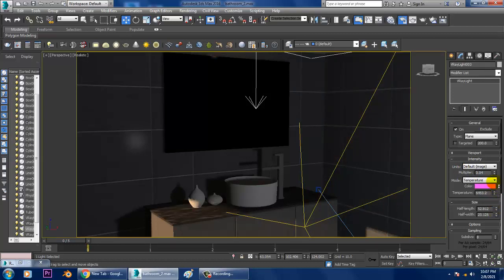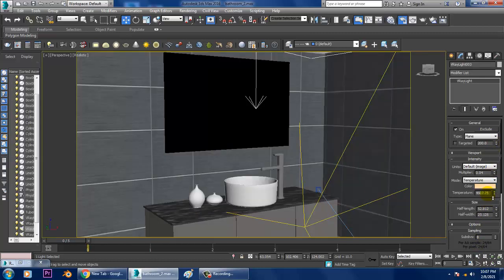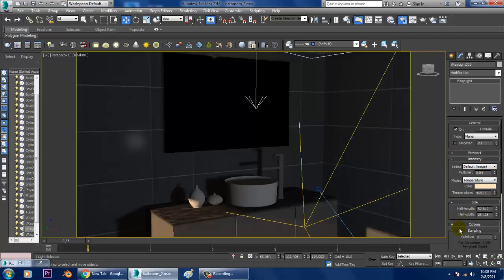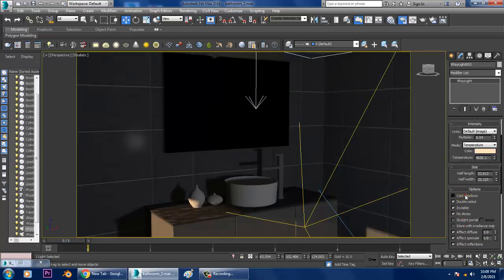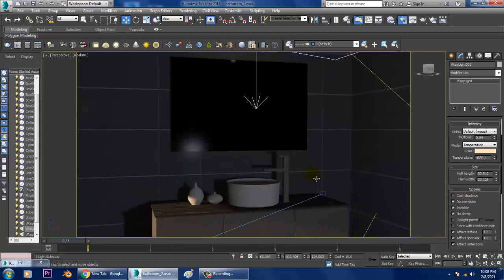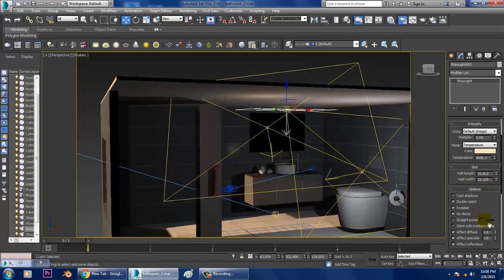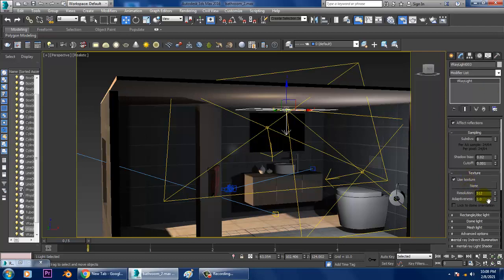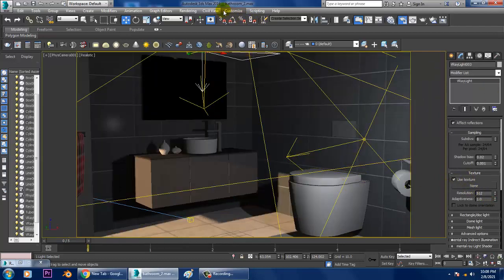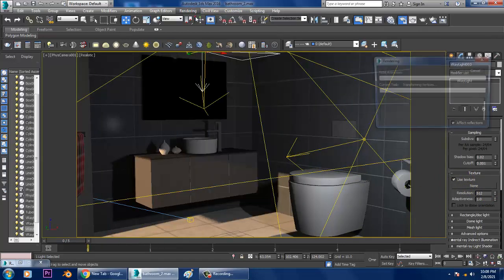and I can slightly go with a much lighter color. Definitely I don't need these cast shadows, so I'll turn off the cast shadows. Let's go back to the camera view and check how it looks.